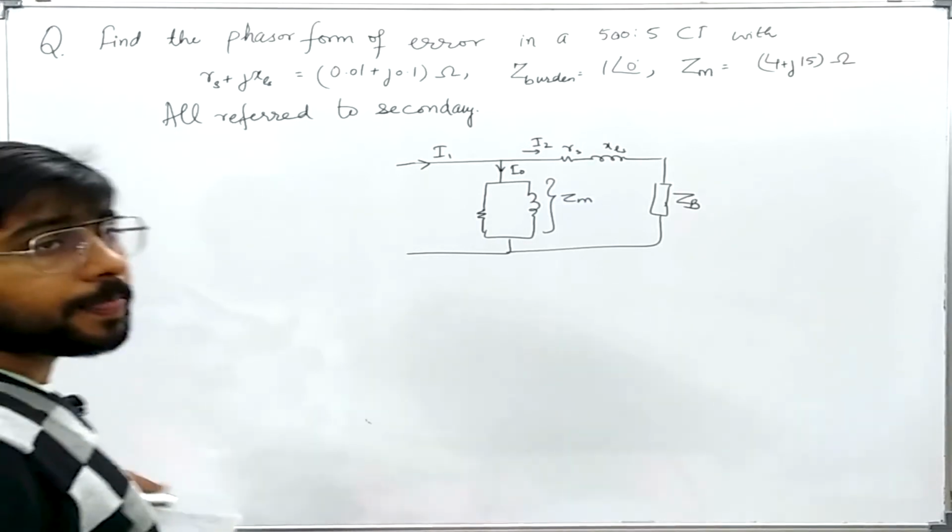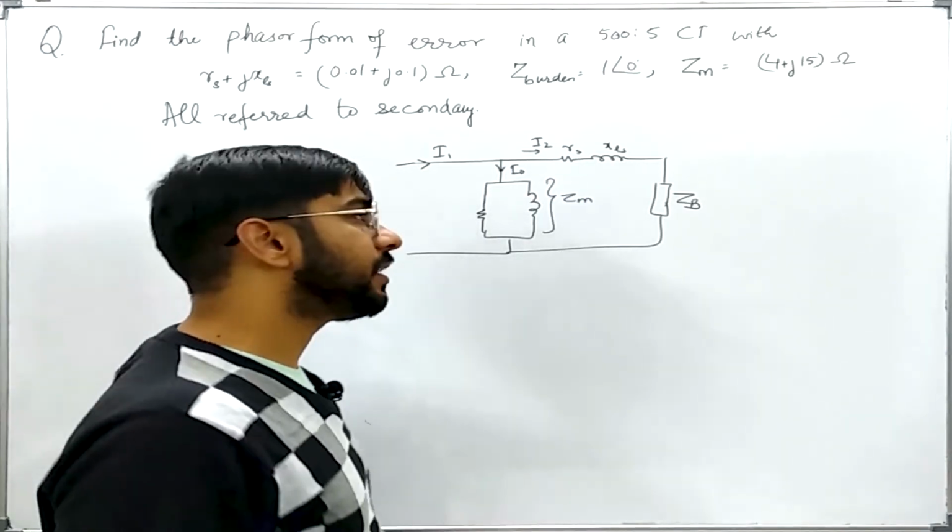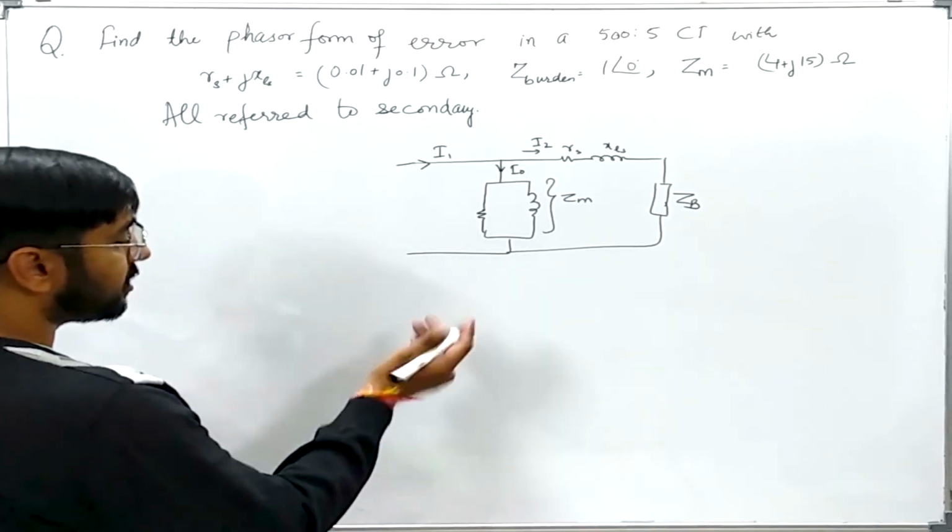Okay, now I have drawn the equivalent circuit diagram of the current transformer referred to the secondary side. The error is just defined as